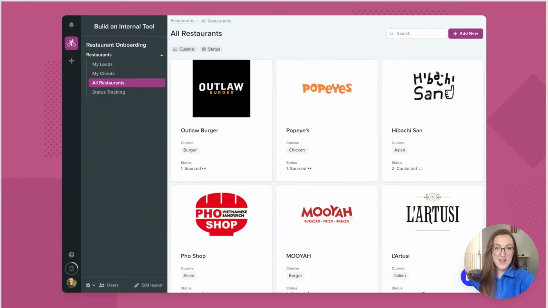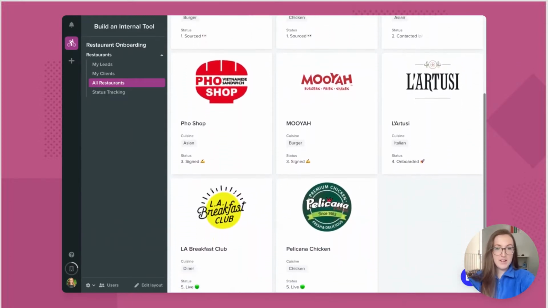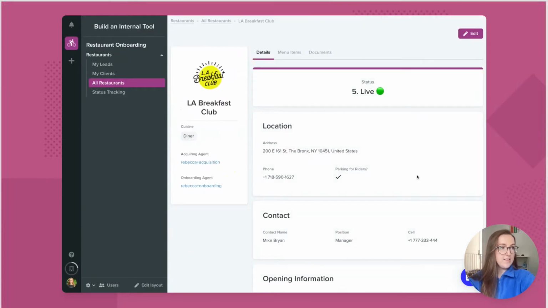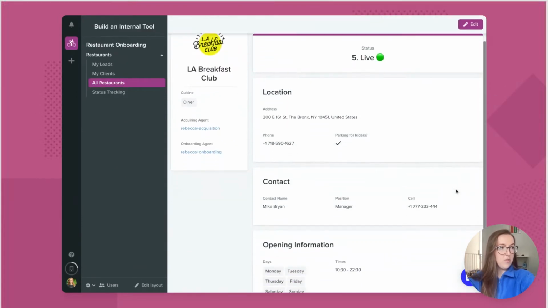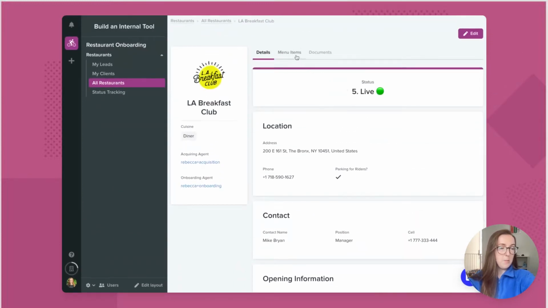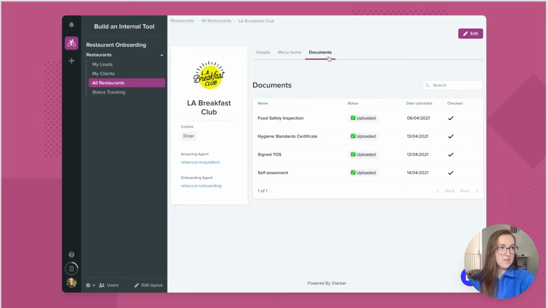Here we have the finished app that we're going to be building today. You can see that we've got an all restaurants table, which allows us to really easily review all of the restaurants that we're currently managing. If we click onto a particular restaurant, we can see a detailed view containing all the information we have about that restaurant. And we've also got tabs up here with the associated menu items and documents that are relevant only